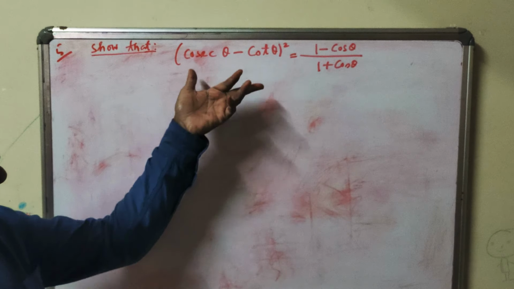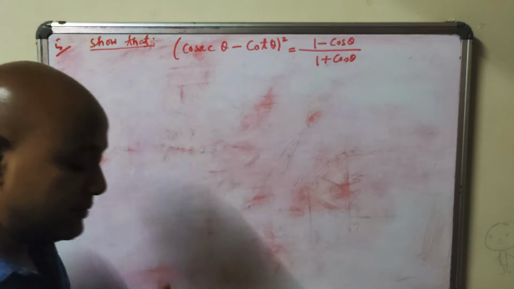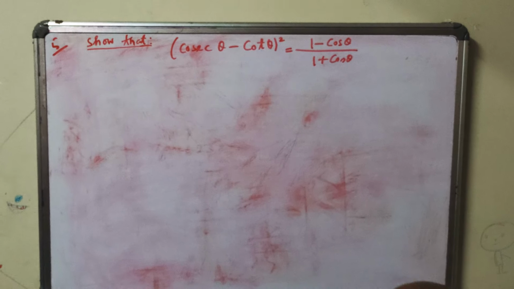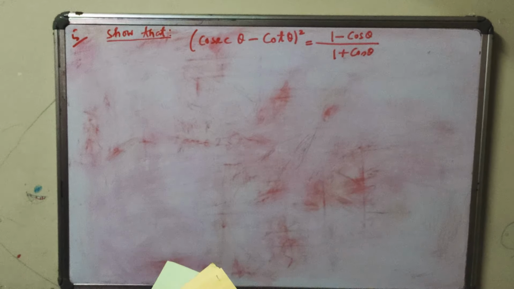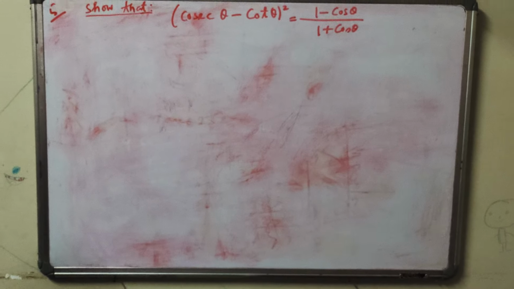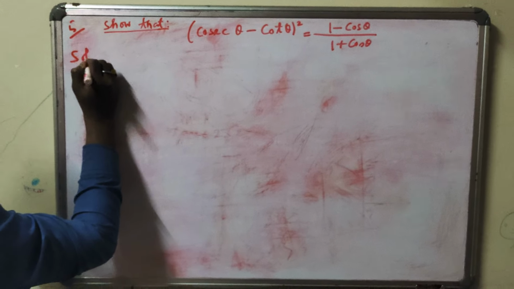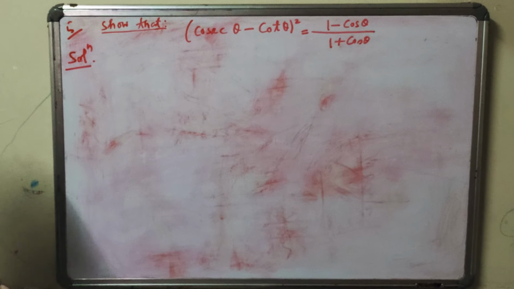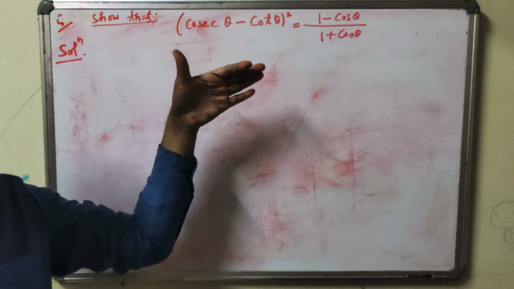See, this is a question which comes from 8.4 in every question paper. I have already shown you, here prove that this equals this, in this paper also. You can see in other papers also. Prove that this equals this. This is the question. This kind of question, when you are going to prove, there is a simple trick also. I am going to show you the trick. If you learn the trick, you can do it yourself.